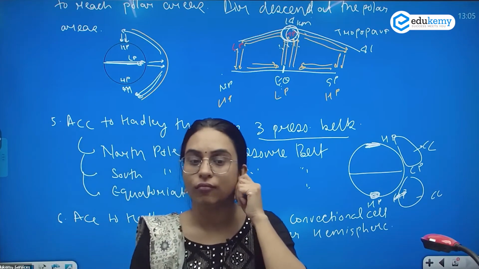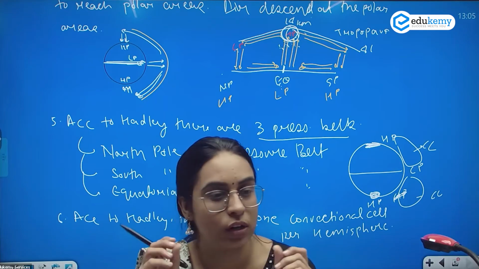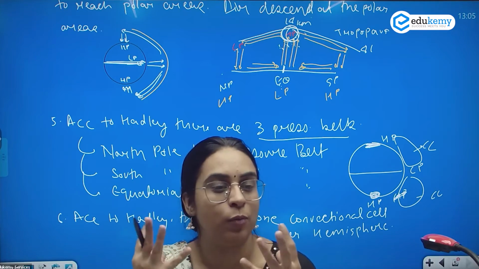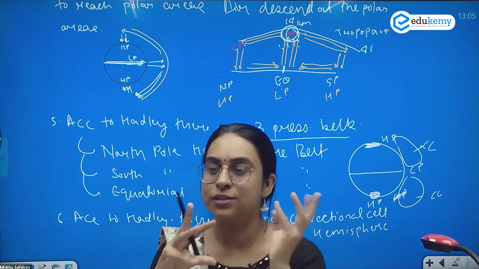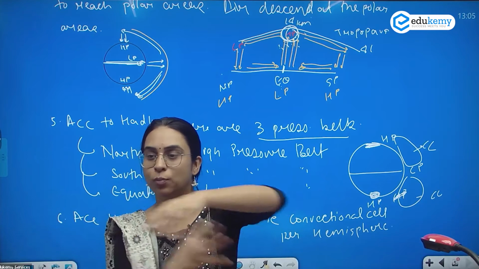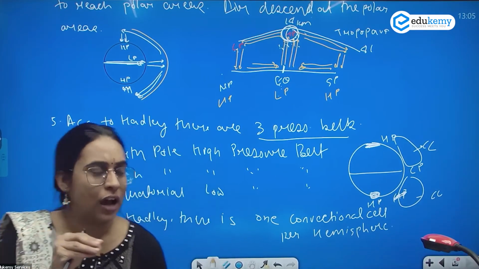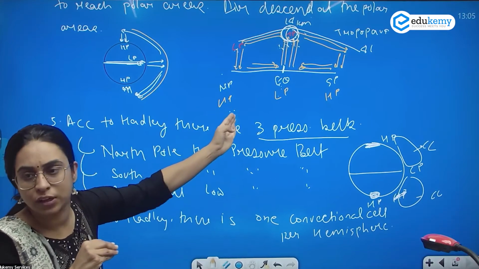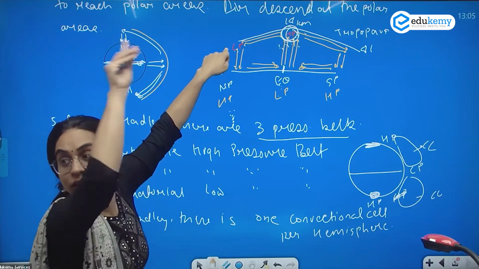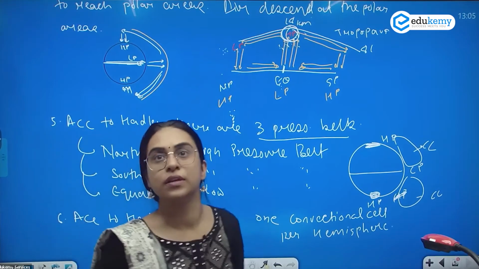Now, how many of you have heard the word polar vortex in the news? A first definition that you read about polar vortex is at the pole there is a low pressure and the air is gushing around that low pressure. तब सवाल आता है कि low pressure pole पे कहाँ है? आपको हमेशा पता रहता है कि pole पे high pressure. वो जो polar vortex आप पढ़ते हैं वो कहाँ पढ़ रहे हैं low pressure? At the upper troposphere, not on the surface. We are studying at the upper troposphere, right?